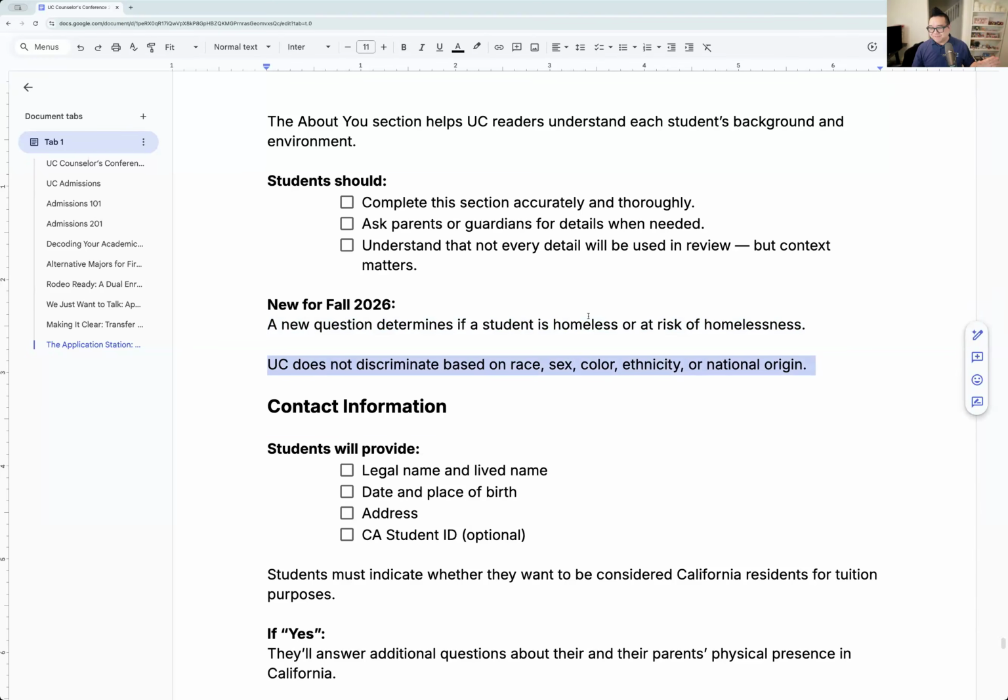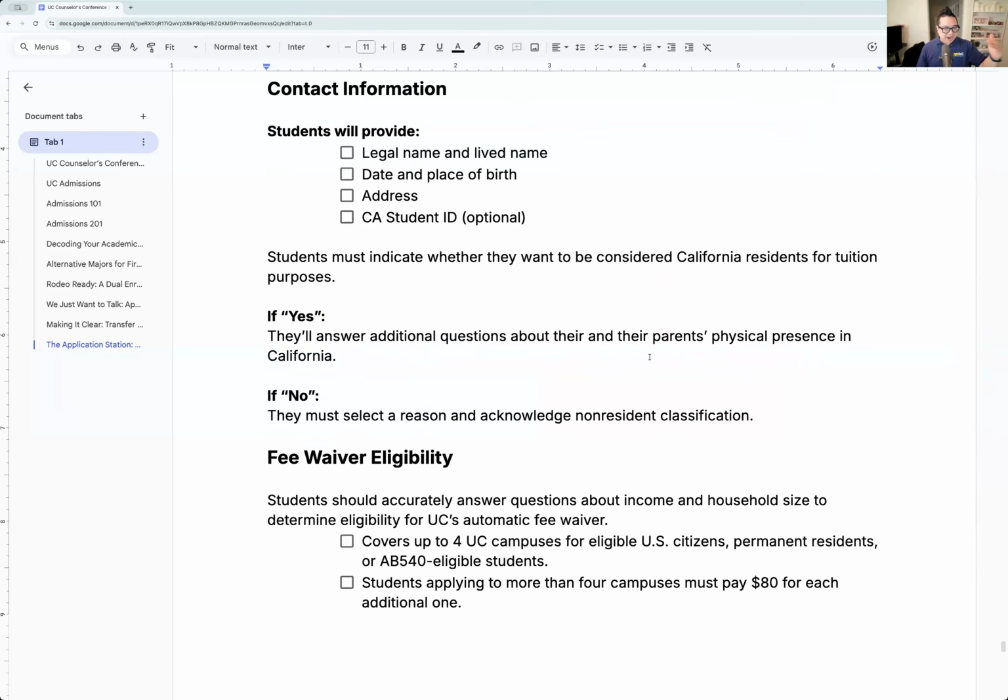There is a demographic section on the UCs, but it's only for data, right? People think, oh, they're going to use it. No, no, no. It's all in your head, right? They don't use it as a reader. I don't see any of that stuff either. You share everything. For me, share as much as you can is the key.